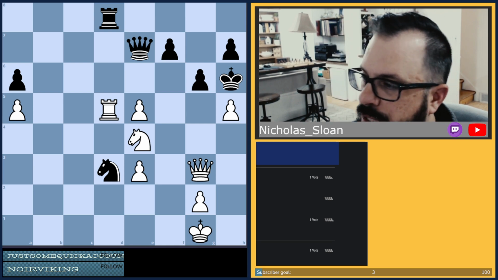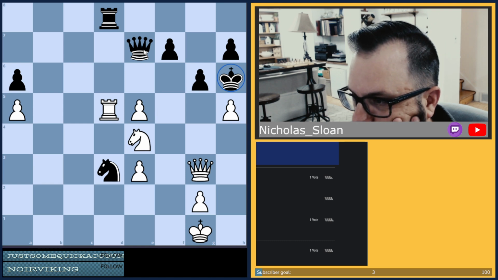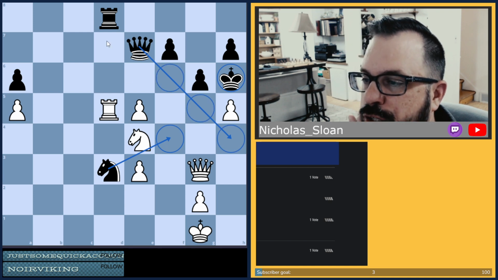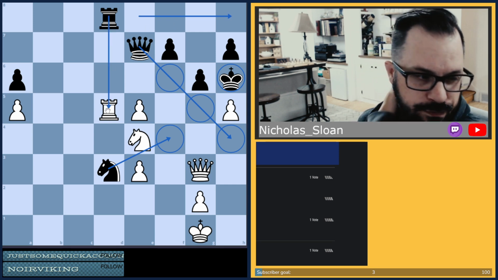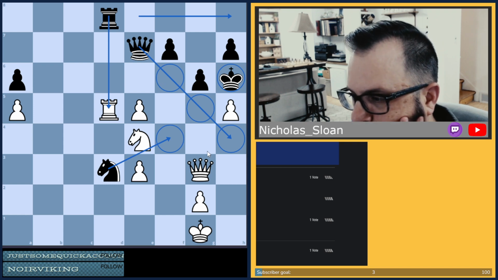The king is sitting out here, kind of out in its own space, but we have the queen occupying all of these squares, the knight is occupying these squares, and the rook is doing all of this stuff. So that gives us only a few squares to work with.